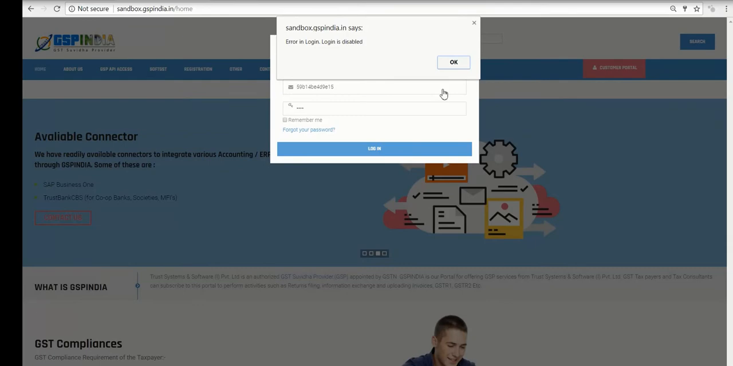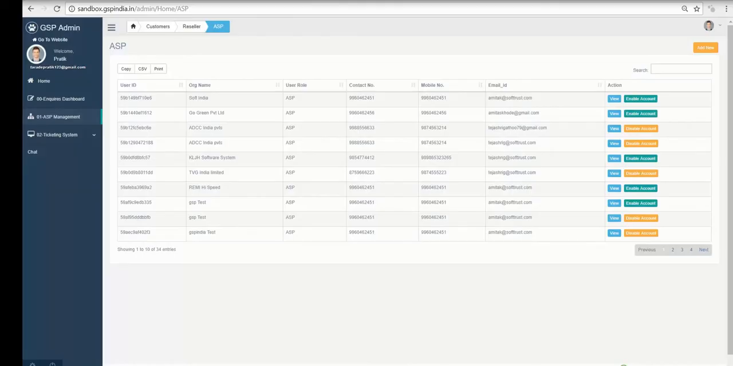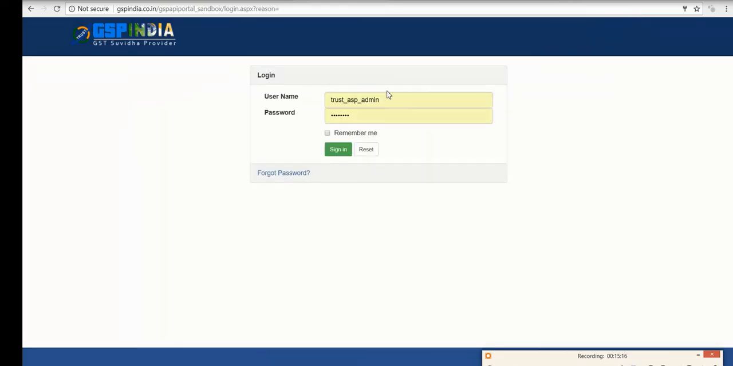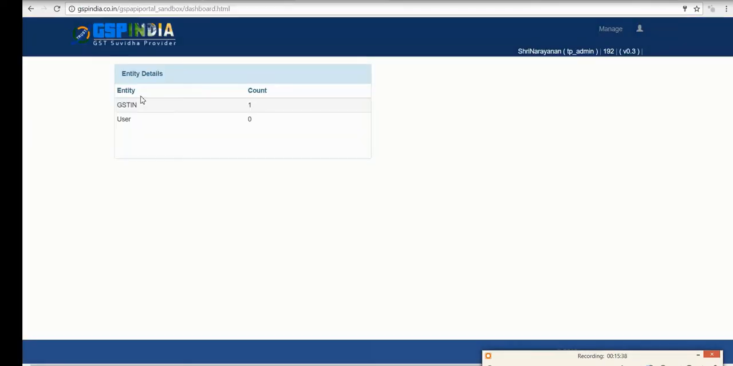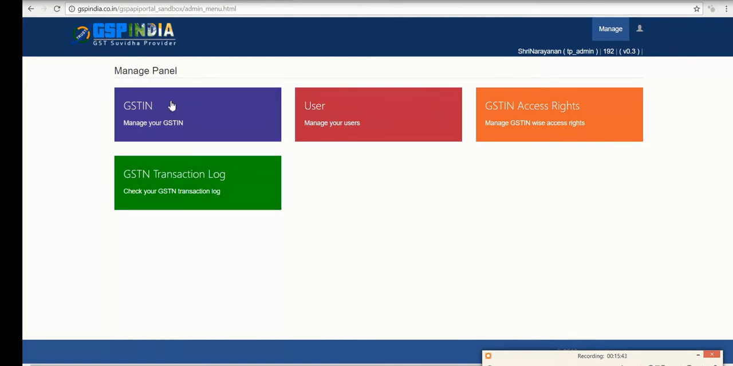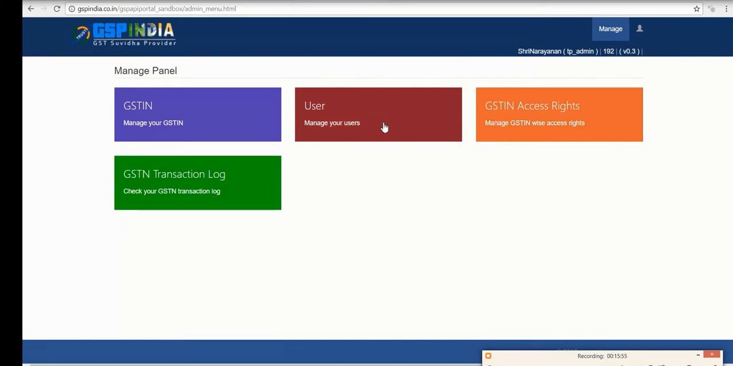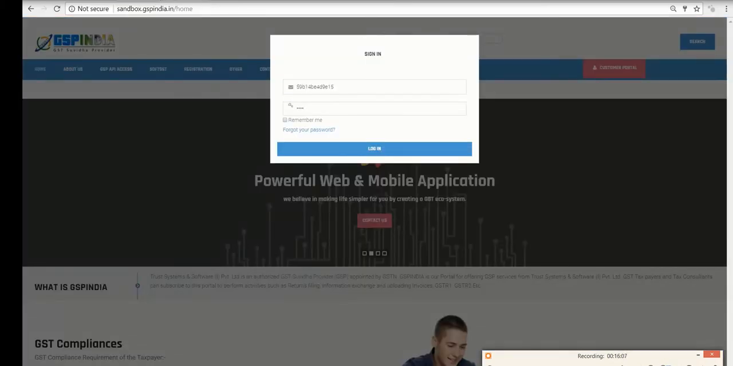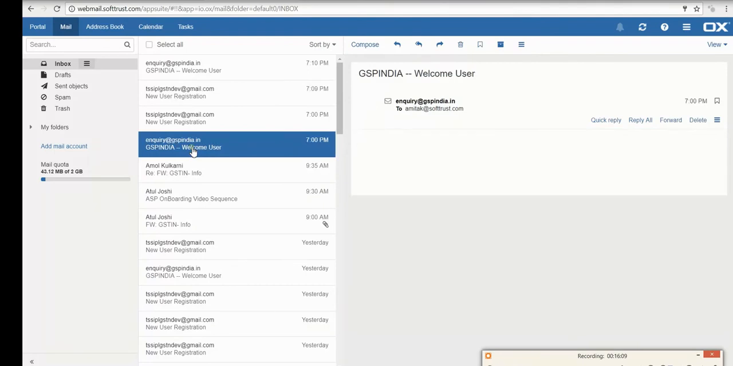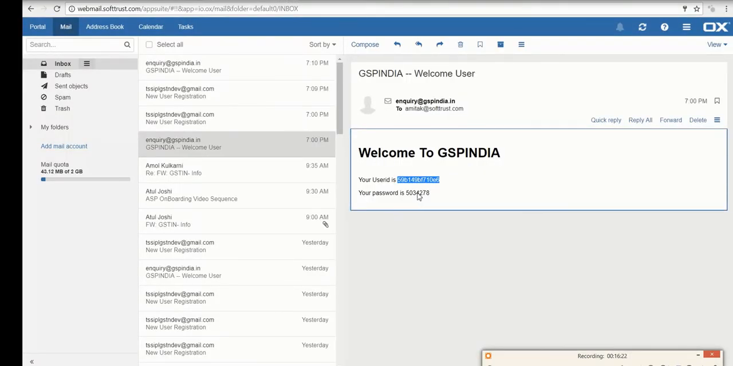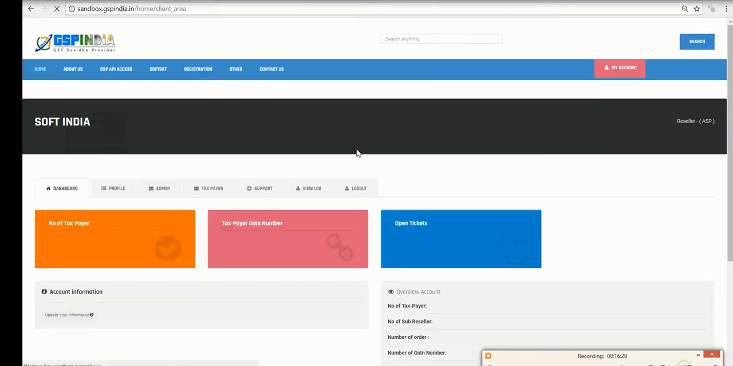What's happening is, as we said, the same process is followed again here: by default logins are disabled, so we enable the taxpayer's login. Now you can login with gspindia.co.in and see how many taxpayer GSTNs have been mapped to a particular ASP login. Here we can see the other numbers and everything, the GSTN coming in. That information is just for logging purposes, to make sure that